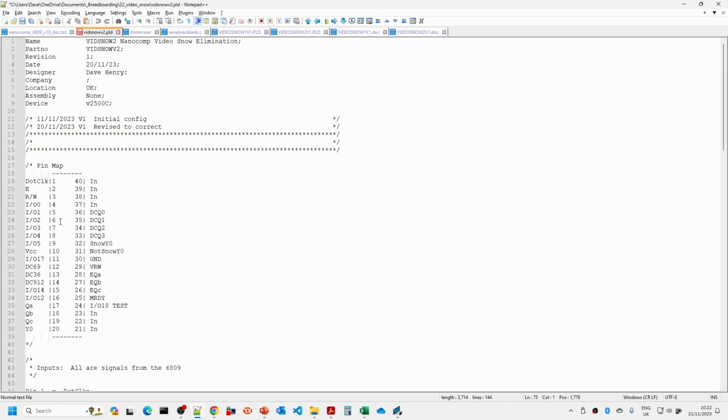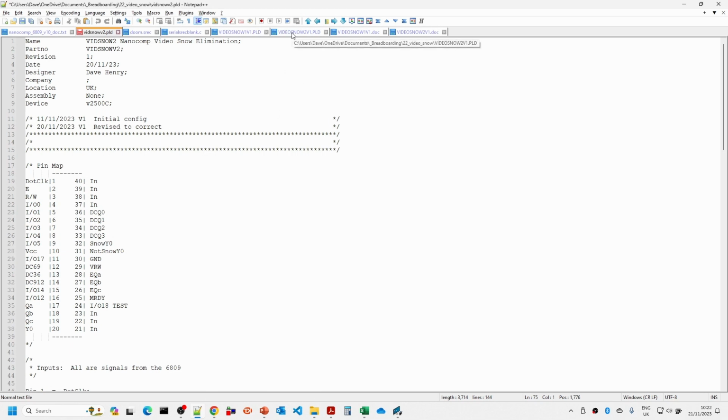Now I started to try and get the 40-pin ATF2500 configured for this, but I had a few problems with it, and rather than spend another day or two, week or two trying to fix that, I thought, well, I know I can get this working on the older chips. The only downside of the older chips is that the ATF2500 is able to have multiple clock signals for the flip-flops, so we can have multiple clocks driving the various signals, whereas for the older chips, each chip can only have one clock.